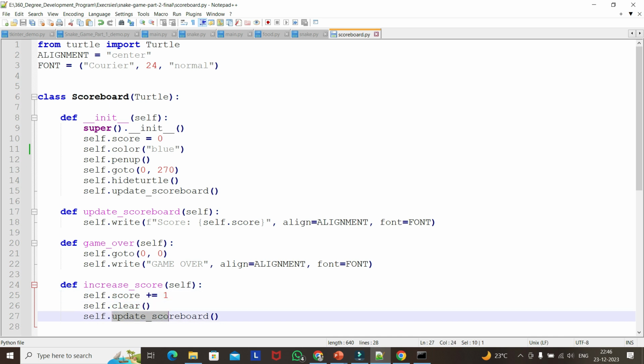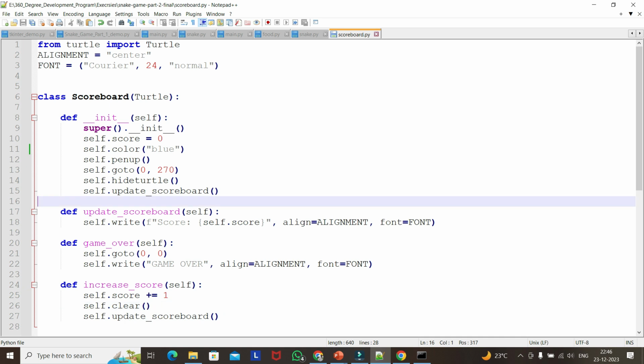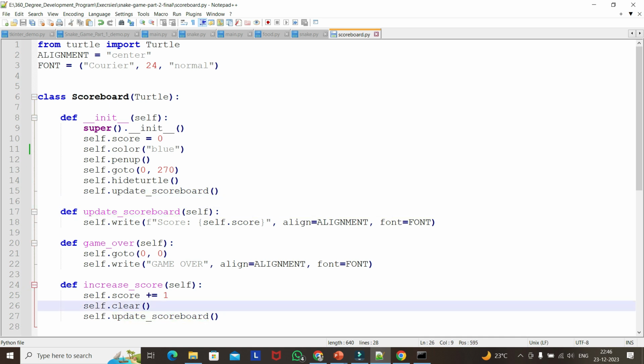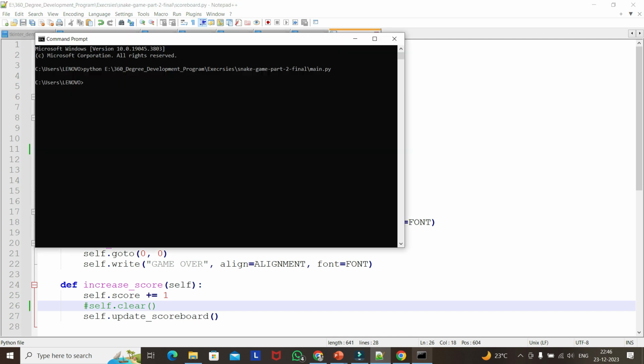and then we are displaying the scoreboard on the screen. So what if we don't clear this one? This is one of the main methods. So what it will do is, if we don't give that and if we try to run it,